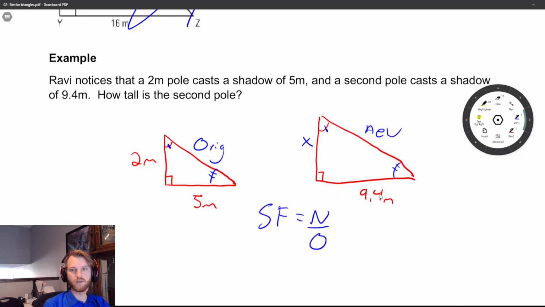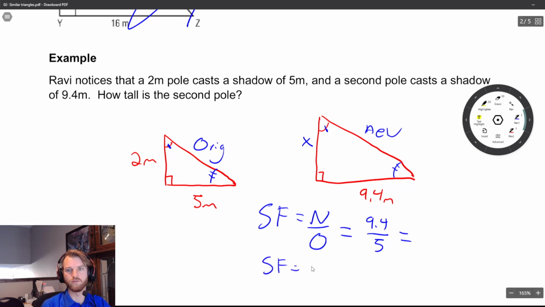So I pick a pair of sides here. I'm going to use 9.4 and 5. Those ones are both talking about the length of the shadow. And I'll say 9.4 is my new divided by 5 is my original. I'm showing a slightly different notation here. This is still accurate. Before I was going down, I was saying scale factor is equal to 9.4